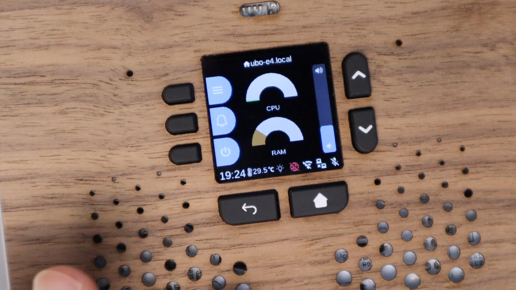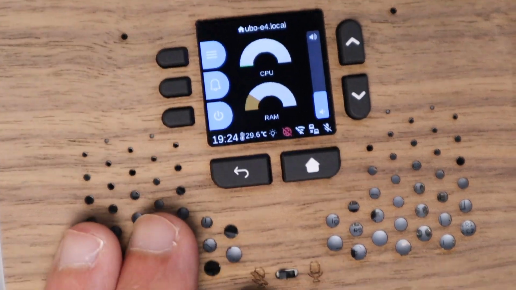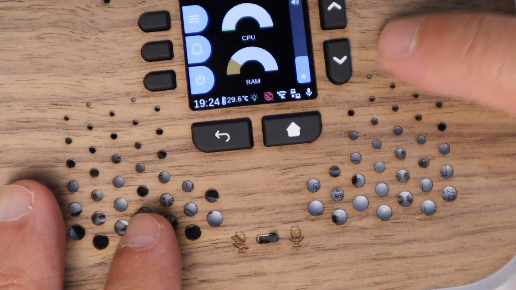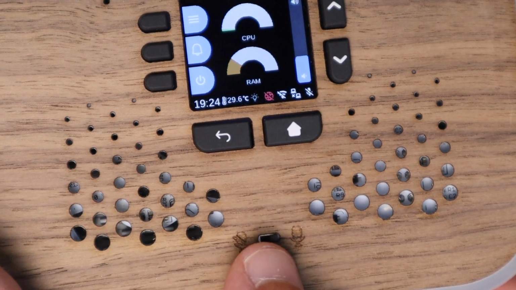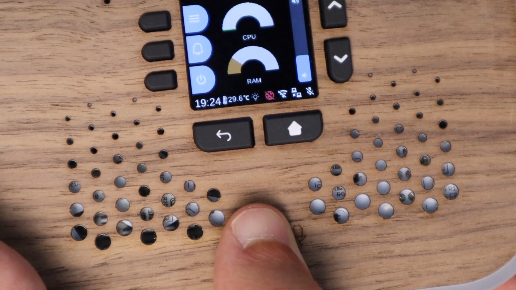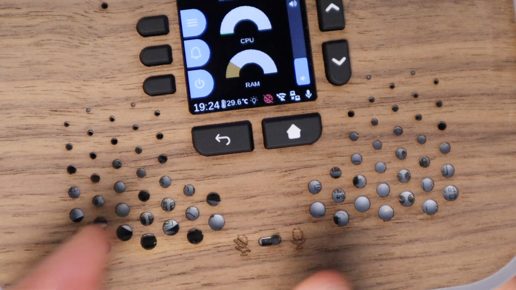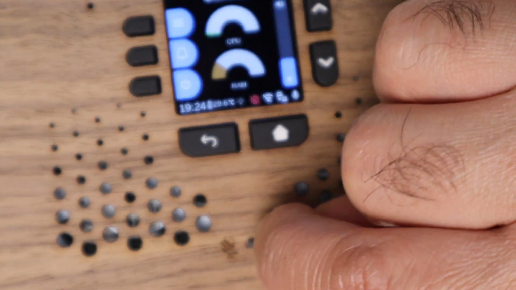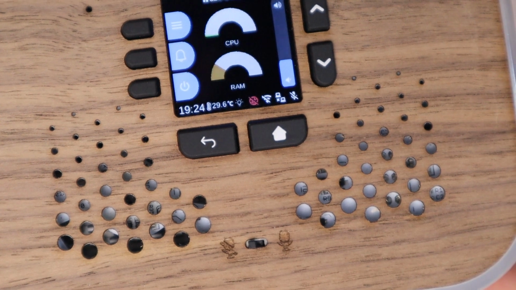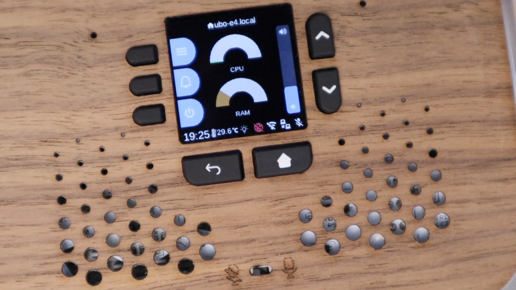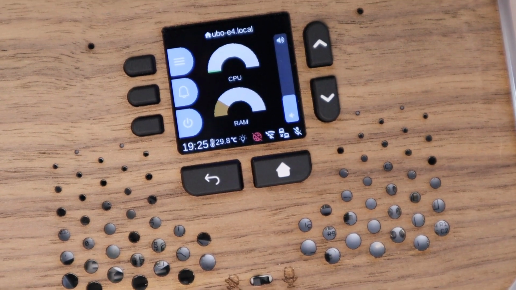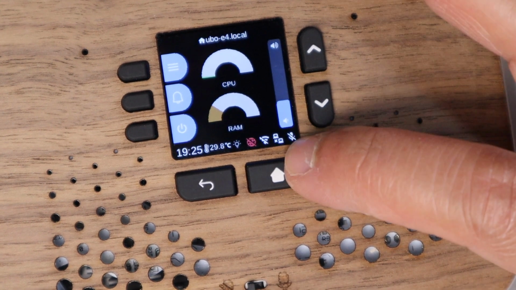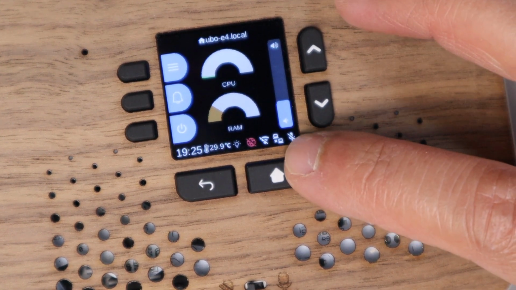The one on the left hand side is the microphone button, so if I toggle this, you're going to see the state of the microphone switch changing. When it's on the right it's listening, and when I go to the left it's mute. This is actually a hardware switch that cuts off the power to the microphone, so it's not a software switch. And next to the microphone switch you have the Ethernet